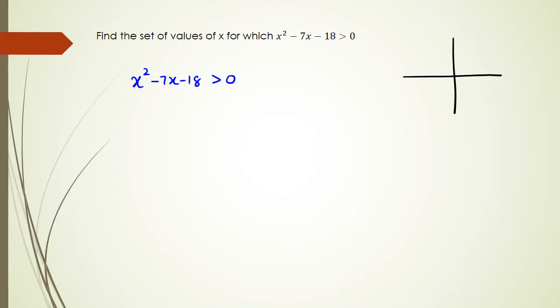So one of the things we're going to do is obviously factorize the quadratic. So we're looking for two numbers that multiply to negative 18 and add up to negative 7. So we've got minus 9 and plus 2. So what we're going to say is we're going to find out at what point,